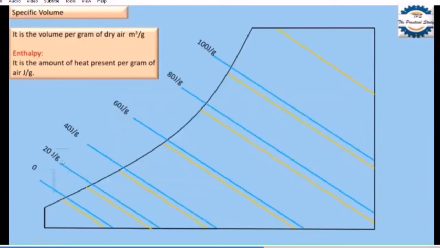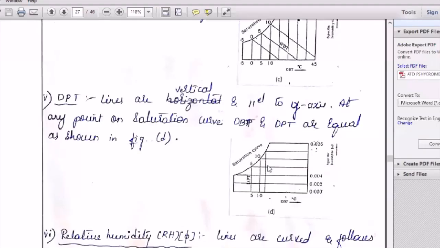Is it visible for you in the chart? Like this extended line over the saturation curve, which comes at 80 kilojoule per kg, 35 kilojoule per kg, 45 kilojoule per kg. In your book, it will be kilojoule per kg, not joule per gram. Is it visible? So I will show it in the notes. You get it identified as it looks in the book.